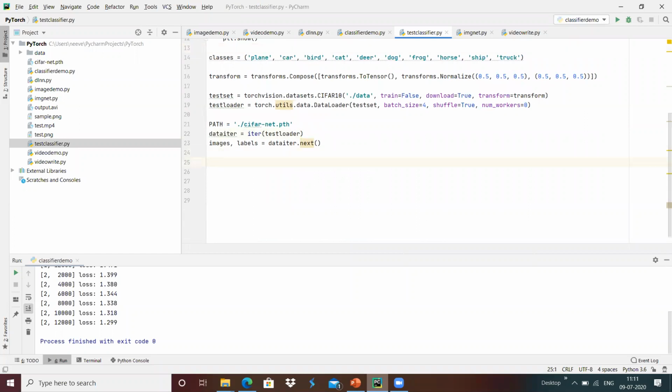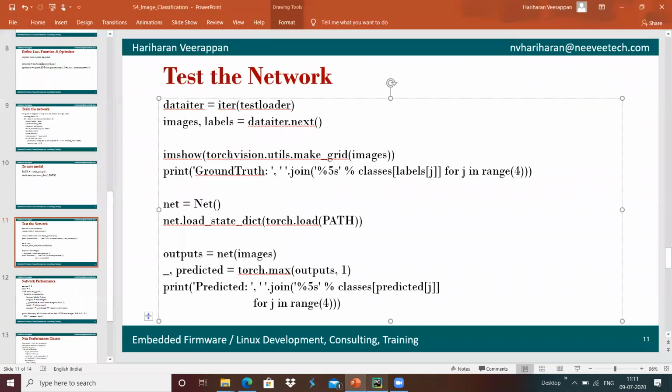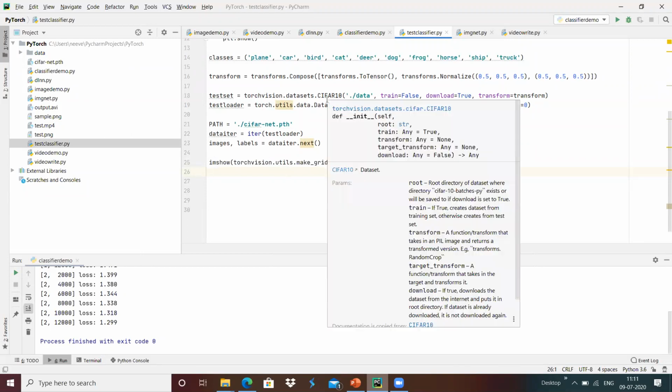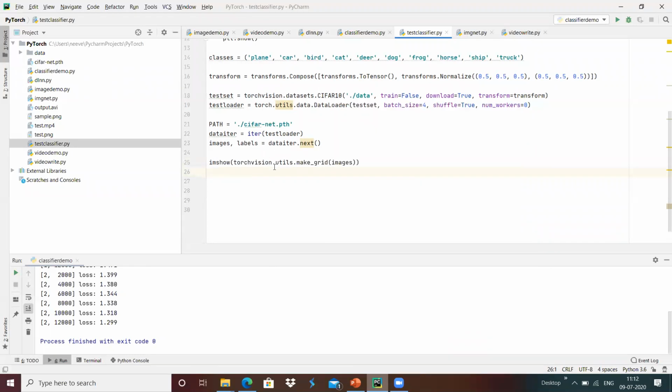And once we have loaded the images, I'm going to show them with the help of imshow and torchvision.utils.make_grid on the images, so that it is visible over here. Whatever image we are going to feed to the network for detection, we are showing on the display over here.